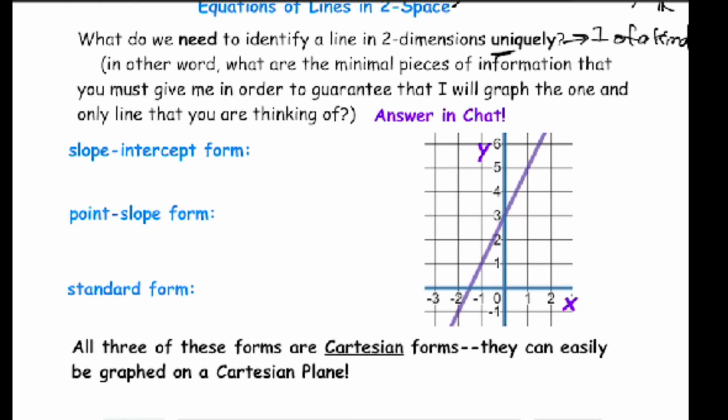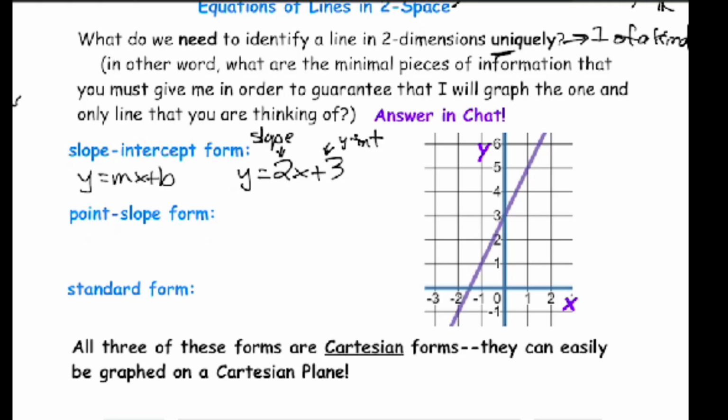And let's describe the common ways that we do this and that we've learned about before. First of all is slope y-intercept form. So y equals mx plus b. So what do we need to know here? As an example, y equals 2x plus 3. So we have our slope, and we have our y-intercept. And as long as I know